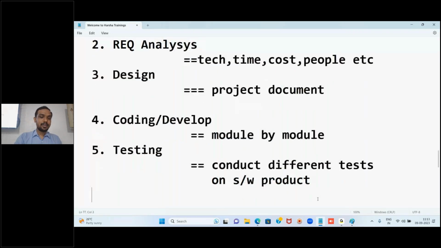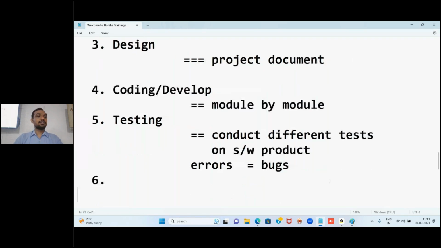obviously, what is the duty of a developer? To develop. But what is the duty of the tester? Test means they have to prove error. Yes or no? Testing means they have to prove some error. So they will come up with some small errors. In the industry, those errors are known as bugs. These are technical terminology people use. These errors usually people call them as what? Bugs. And they say like, hey developer, in your code there is a bug, like that they will be telling.